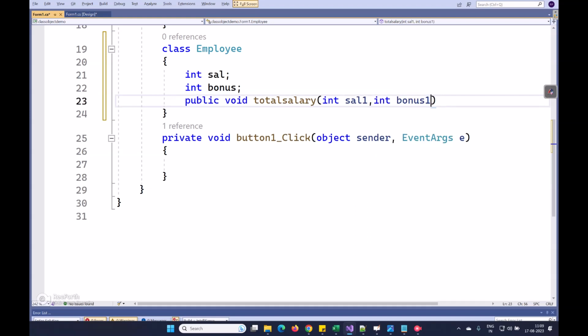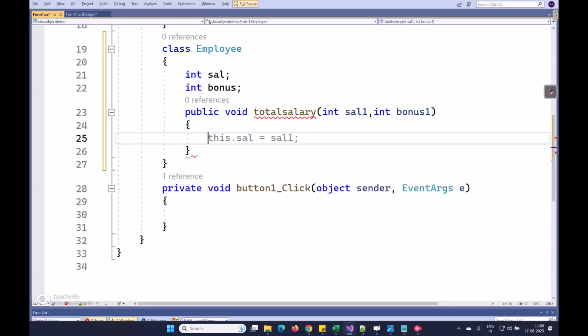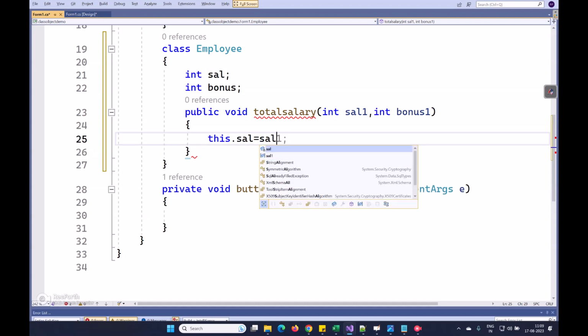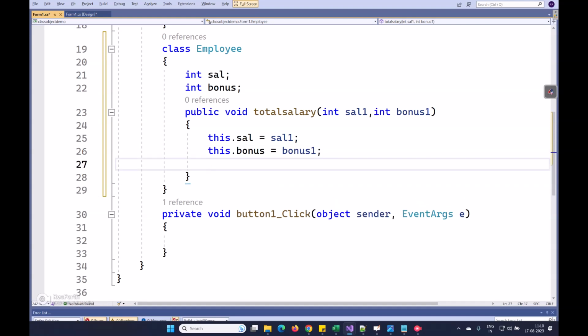Int sal1, int bonus1. So this dot sal, in the current class object, sal1 will go. This dot bonus, in the current class object, bonus1 will go.